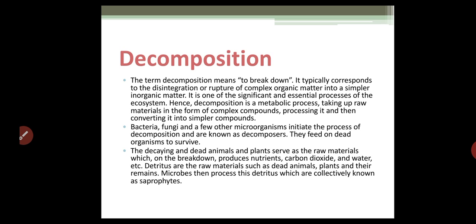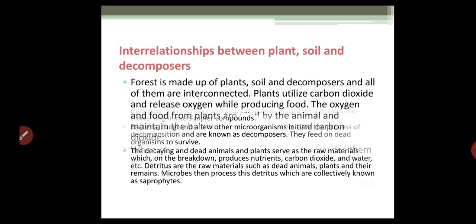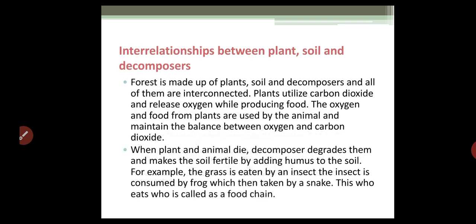In the forest we have another set of organisms called decomposers, microorganisms who just take care of the dead plants and animals. Decomposers are the organisms which feed on the dead bodies of other plants and animals. They basically live in the soil. Decomposition is nothing but the process in which complex organic matter which contains carbon is broken down into smaller chunks, which is later what we call humus, which we learn in the chapter called soil.